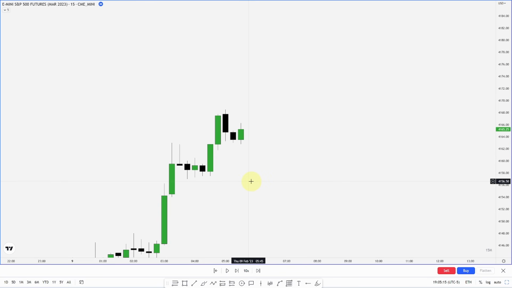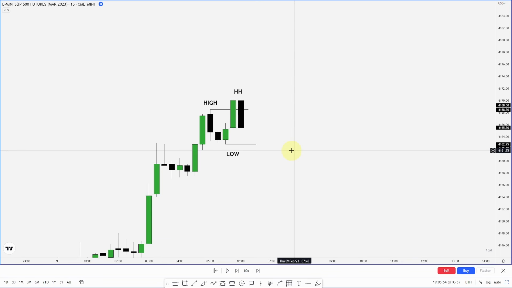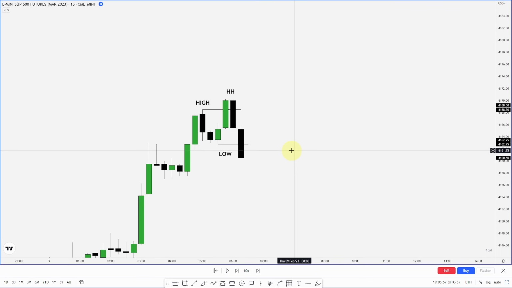So right here, we are going to be going over a bearish breaker block and walking through the structure of it. So if we notice here, we have a high, and here we put in a low. So if we are going to get a breaker block, we would need to break this high and then break this low. So as we go ahead, we now put in a higher high. So to confirm that this is a breaker block here, we would need to make a lower low. Right here, we make a lower low.